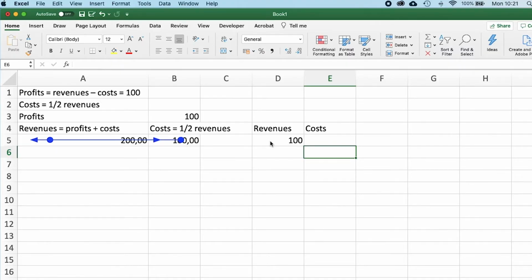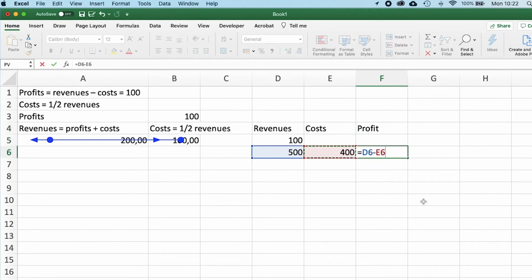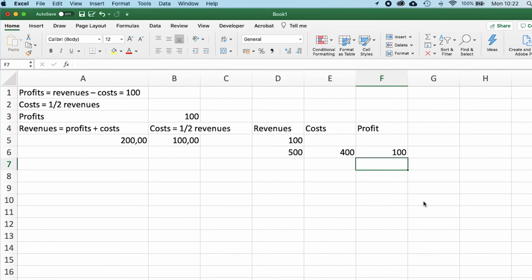Let's assume that at the moment, costs are 400 euros. If costs are 400 euros, then revenues will be 500, but let me check. Profit is 500 minus 400, which figures, of course, but in this case, costs aren't half that